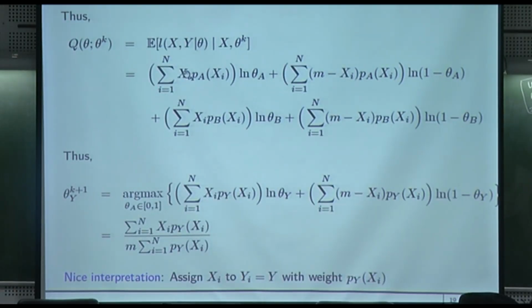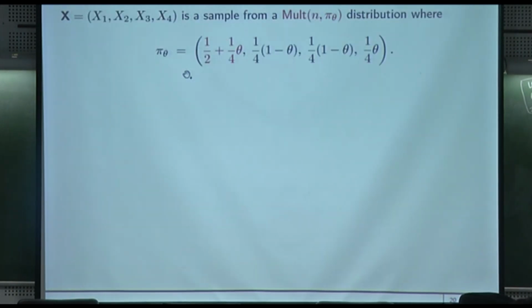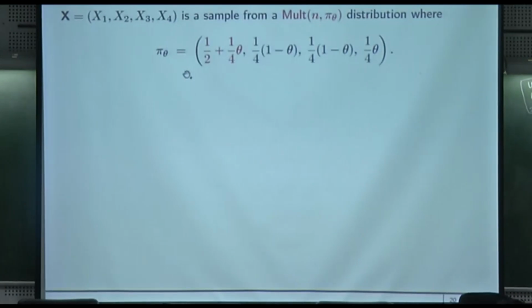So we played around with this. For this one, if I started off with a little bit of a difference, we'll end up getting something reasonable. Here's another example that will motivate things to see what we can do with these. All right. So let's assume that I have a random variable x which has 4 components, x1, x2, x3, x4, and it is a sample from a multinomial distribution with some n being the number of samples that I draw. Pi theta is the probability for each of those 4 components, and pi theta is given by this vector: